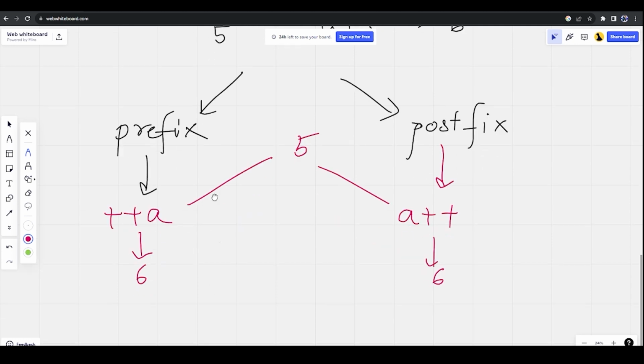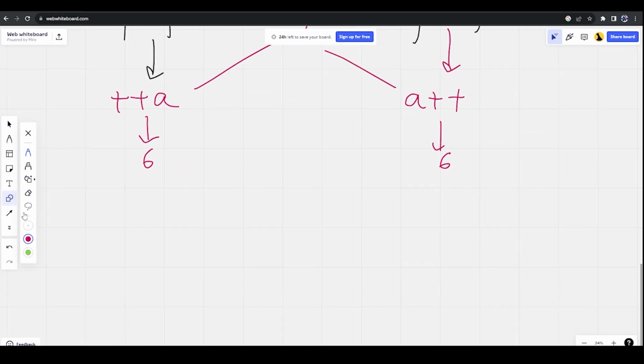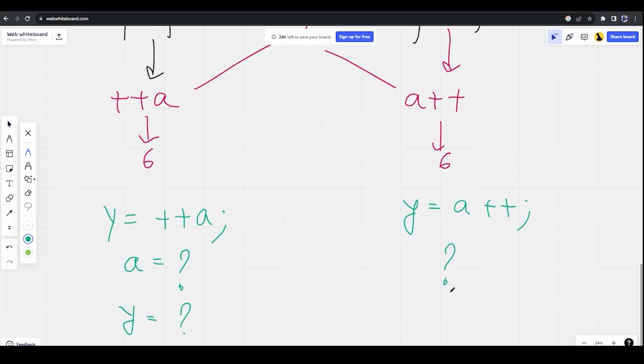But the difference will appear if I write in the next line y = ++a and y = a++. If I ask you what will be the value of a and what will be the value of y in both cases, then it will be a little bit different. Think of it like this, it's very easy to understand.